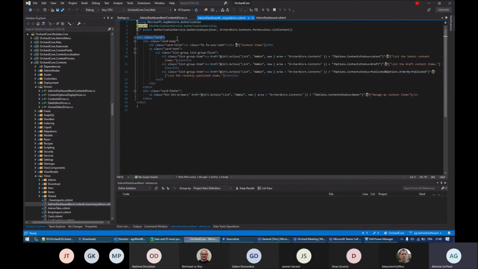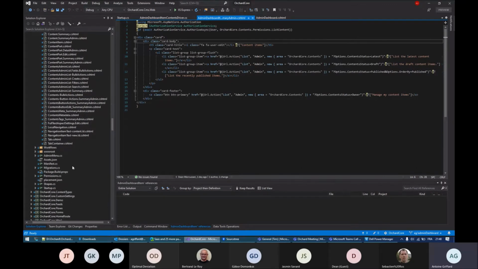So it will be displayed as a card. There will be a title, let's say a list of links, and a button to go to the main page that you want to give a shortcut to.